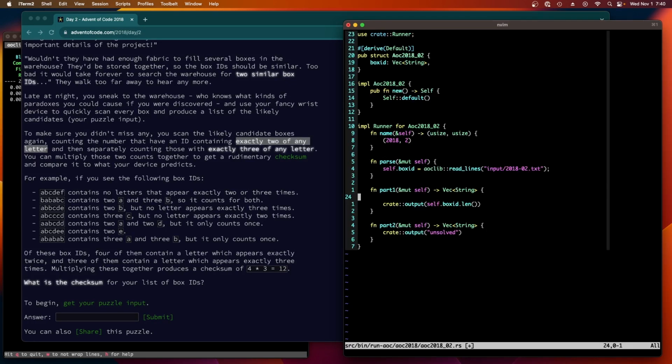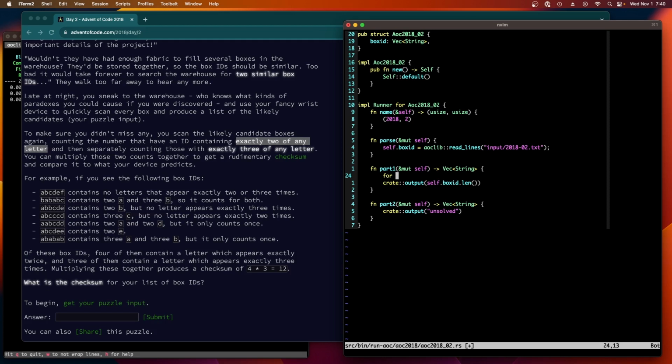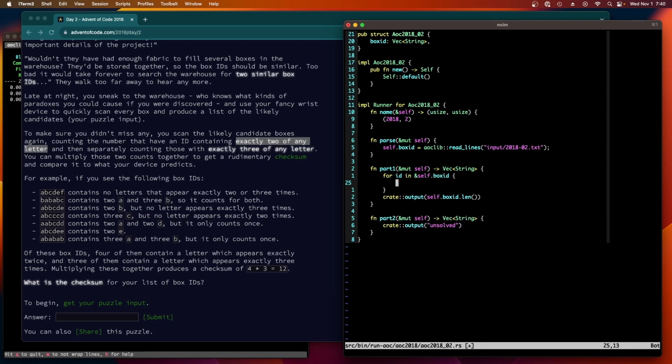So we can just create an array for box. Oh, I can't use box. For ID in self box IDs. Again, what we can do is we can just create a brand new vec, let